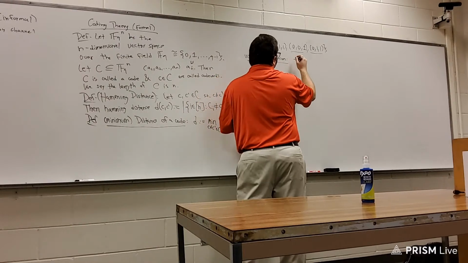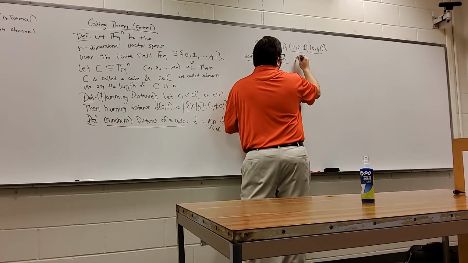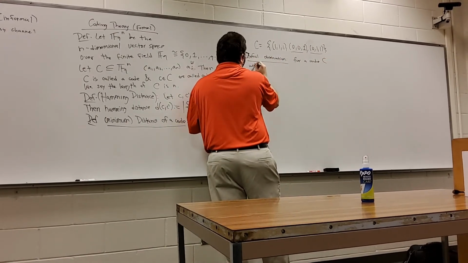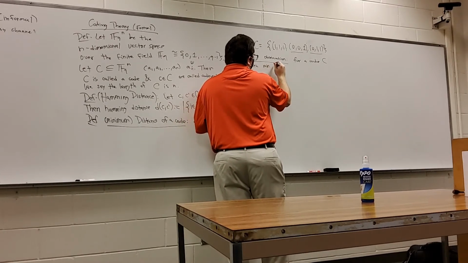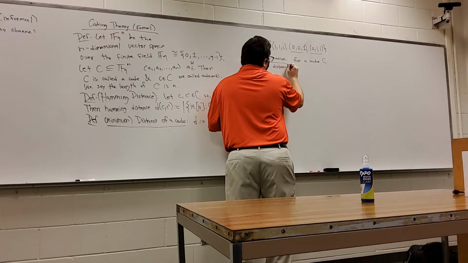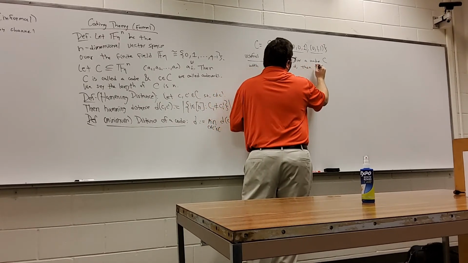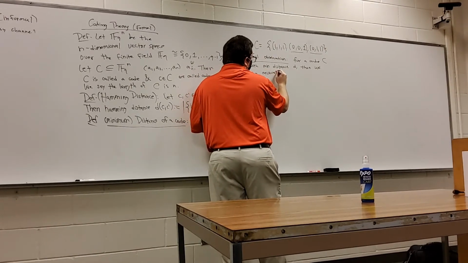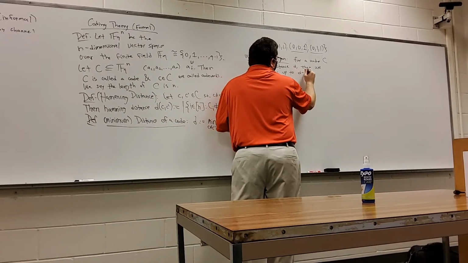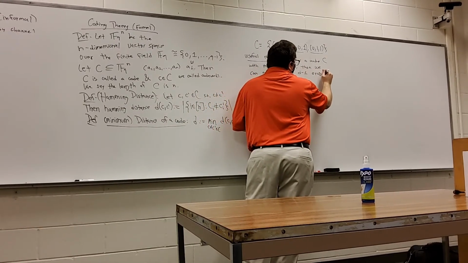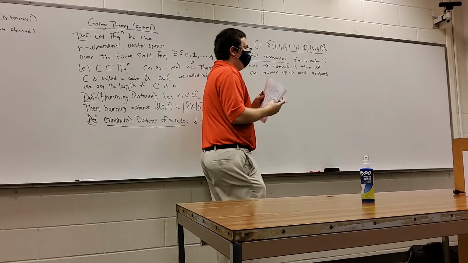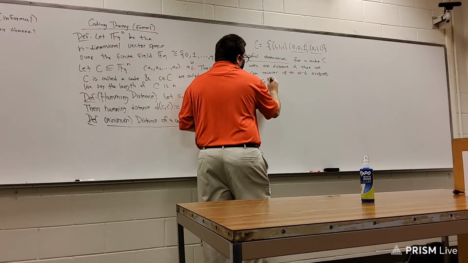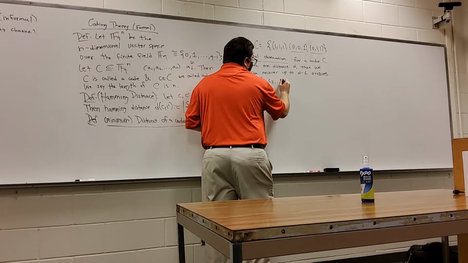Is that for a code C with minimum distance D, then we can recover up to D minus 1 erasures. And so just a notation thing, if you have a code word C equal C1, C2, dot, dot, dot, Cn, like this,